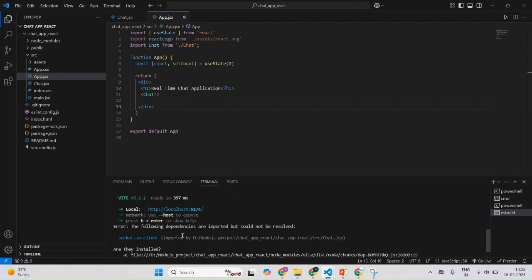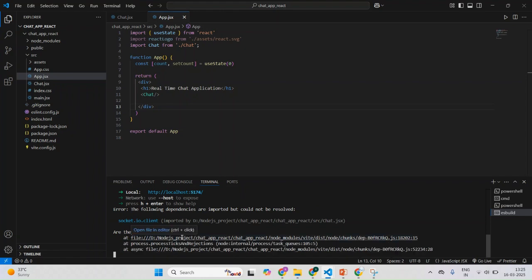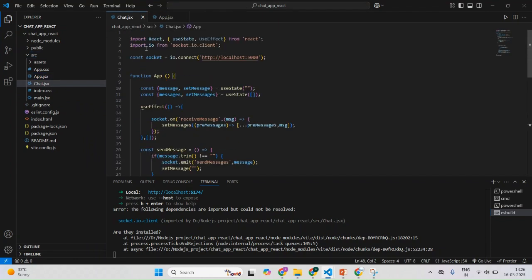Okay, it is telling me the error. So what is the error? The following dependencies are imported but could not be resolved. It is telling me whether it is installed or not. Okay. It is telling it is not installed. Okay, so what I'll do